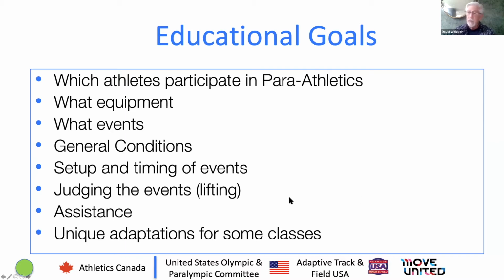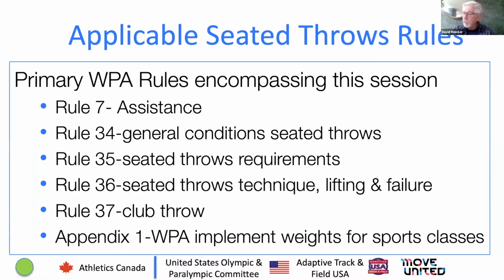athletes. And I noticed we have a couple of athletes who are registered for this course, so that's great. But we also have a lot of high school officials, NCAA officials, as well as USA track and field officials. And so we hope that you will continue your work within the World Para Athletics umbrella. So for this event, the